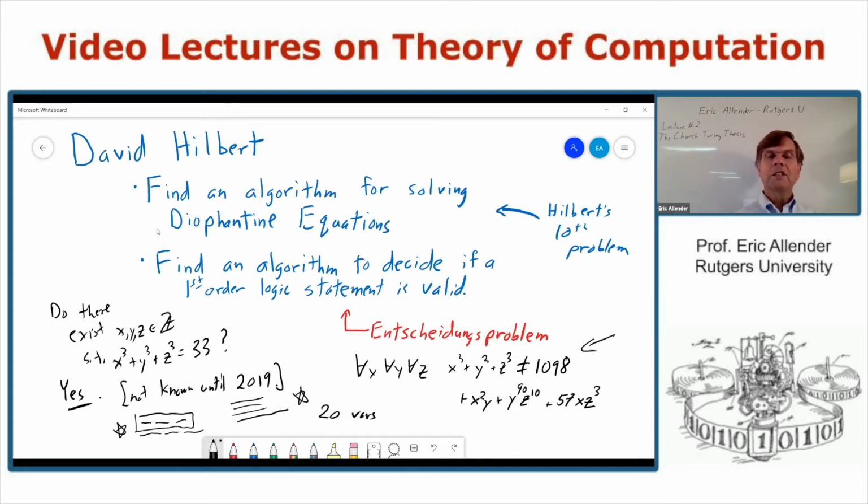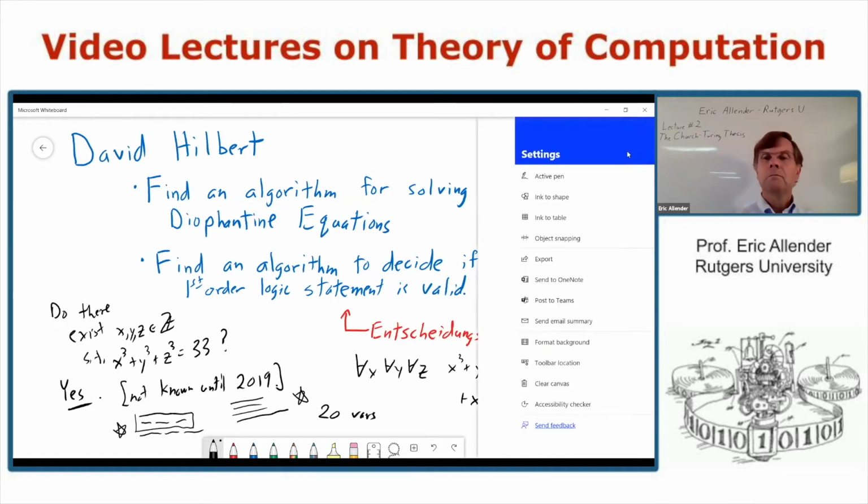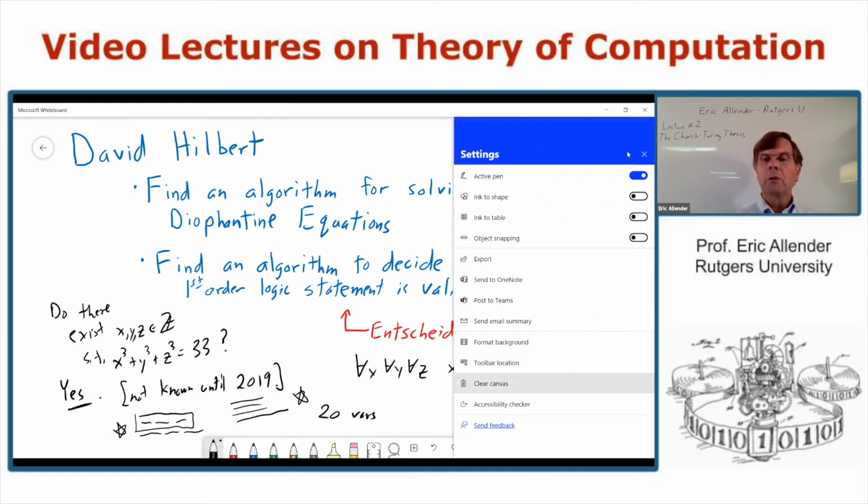Interestingly, even if there's just a single variable, there is an algorithm for solving univariate Diophantine equations. It's wide open, apparently, if this is solvable when there are just two variables. So that's the historical context, some of the motivation for why it was interesting to people like Church and Turing to show that there was no algorithm.